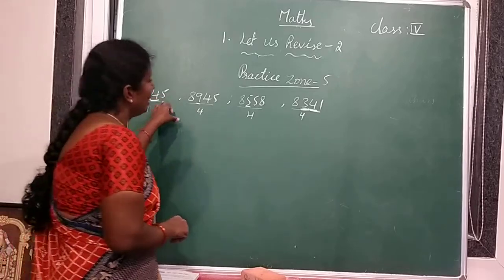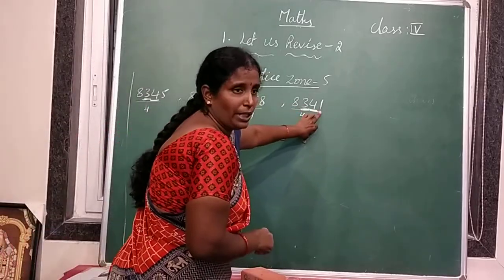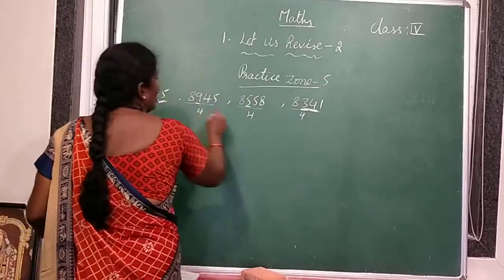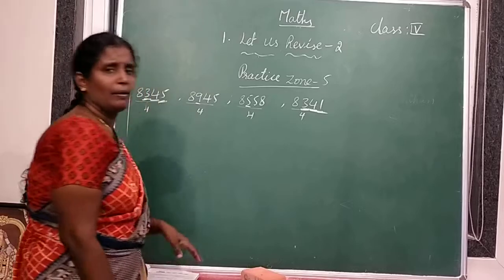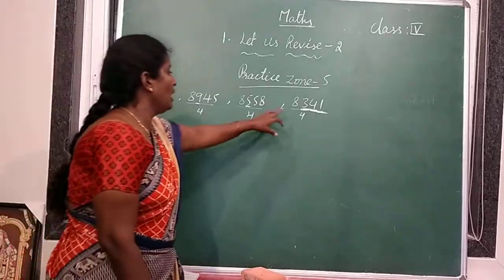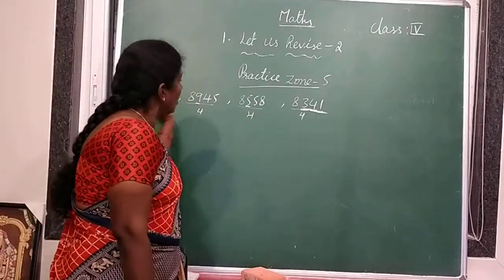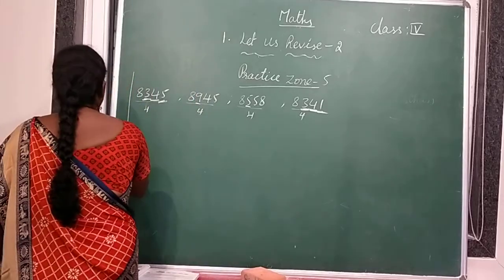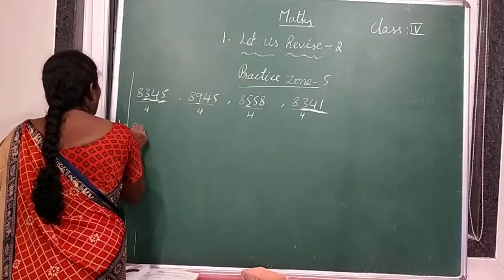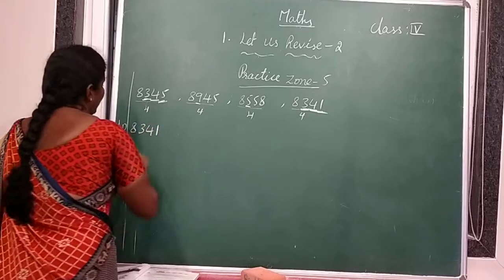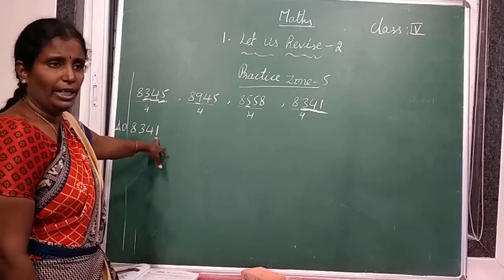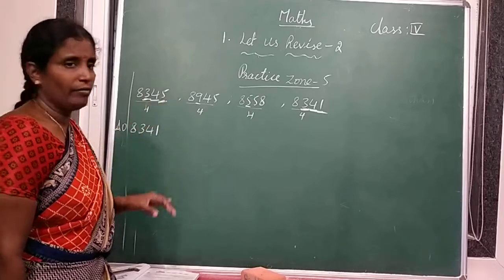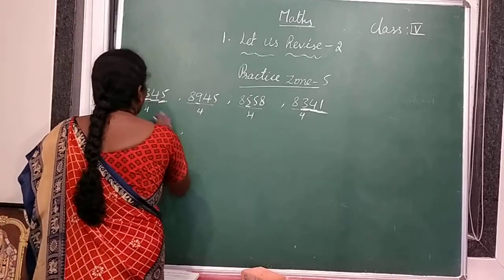5 in ones place and 1 in ones place. So in 5 and 1, which is smaller, 5 or 1? Which one is smaller? 1 is smaller. So this number is smallest or this is smallest? Yes. 8341 is smaller. 8341 is smaller than the 8345. After that